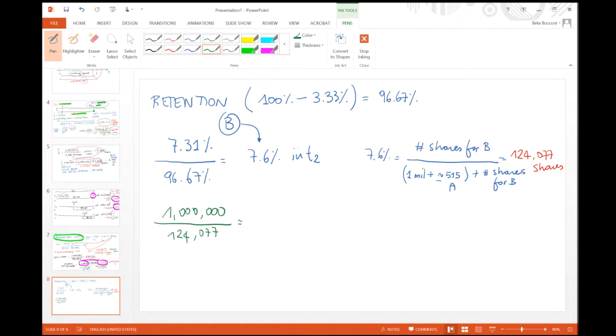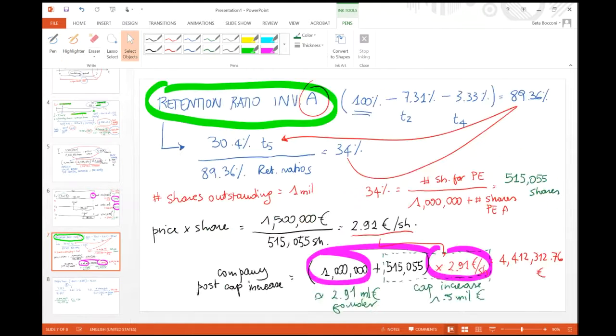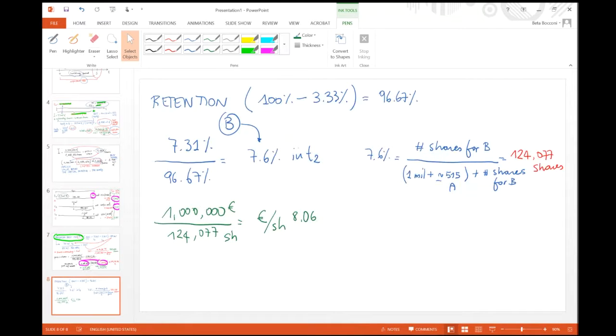So given 1 million investment and given the number of shares I'm going to buy, 124,077, I'm going to buy the shares at a price that corresponds to 8.06 euro per share. Please look at the price here and look at the price here. The price here was 2.91, and it is the lowest price because the company is in the riskiest period of its life, year 0, not year 2. After 2 years, the company arguably has become less risky, and that's why this commands a higher price of 8.06